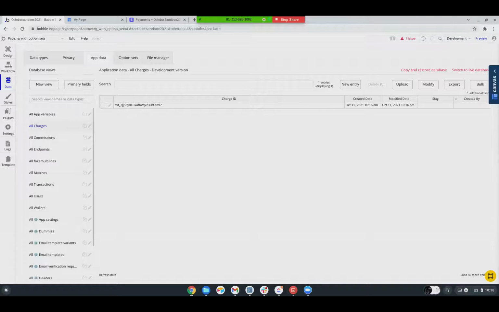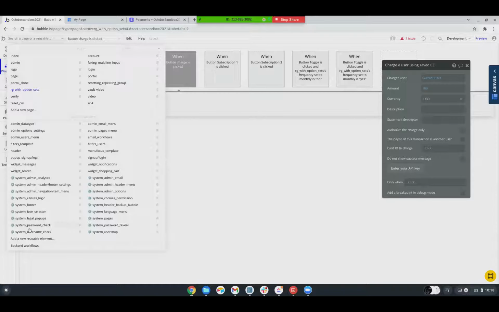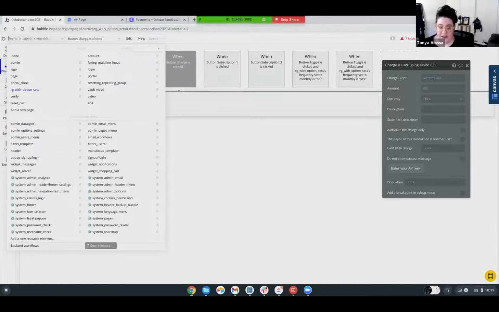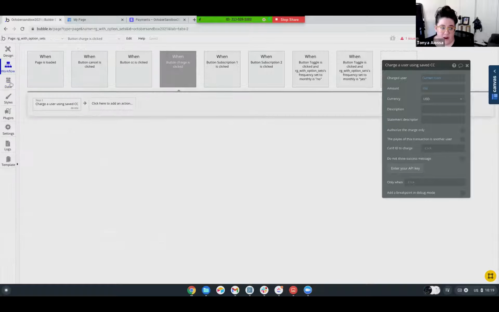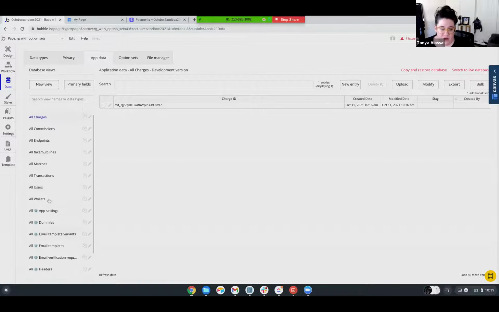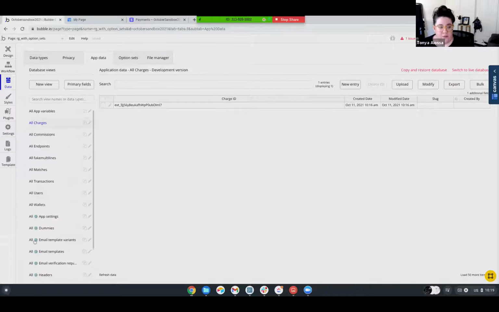Right. Okay. But you were saying that where they can purchase the extra 99-cent work credit, I would have to separate that from what I have now in the workflow. Yeah, so the way that you have yours set up right now is, I forget which data type it's on, but you have